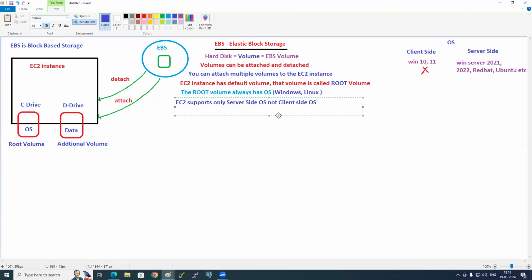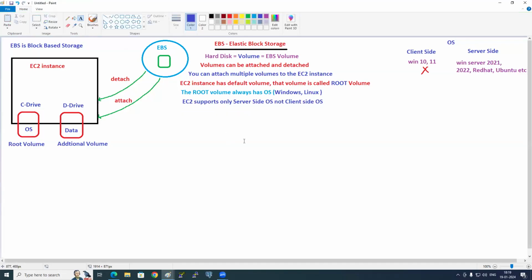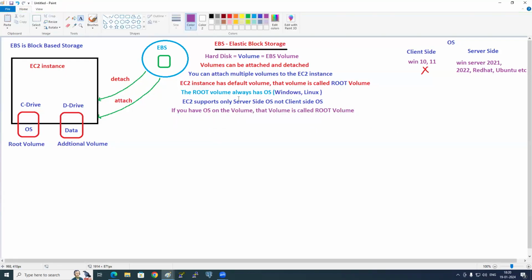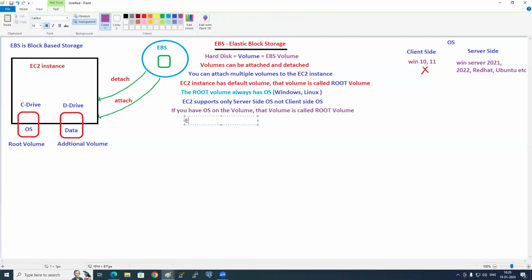If I see an operating system in a volume, what is that volume called? Root volume. Now I'm asking one interview question. How many root volumes can one EC2 instance have? Only one, no?